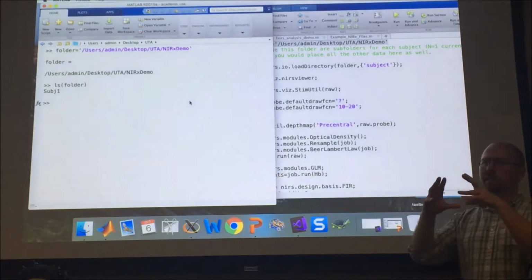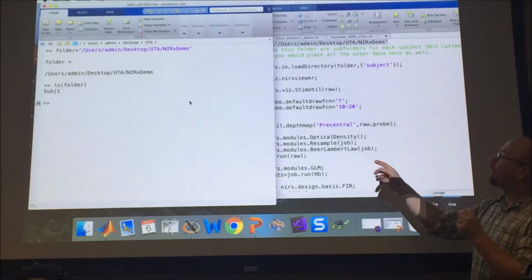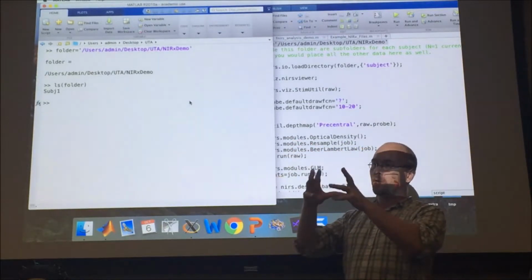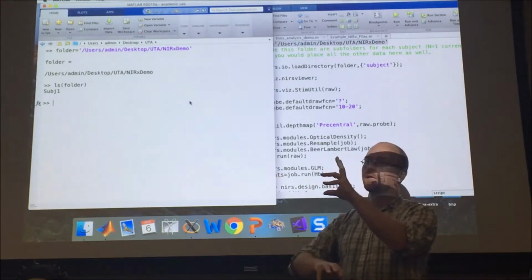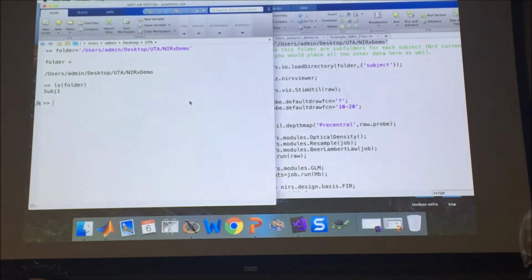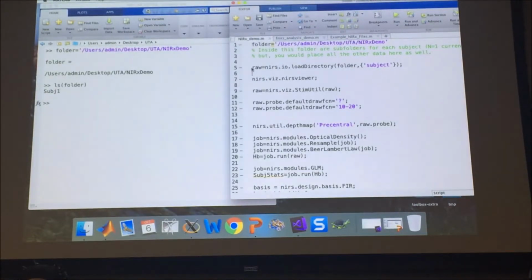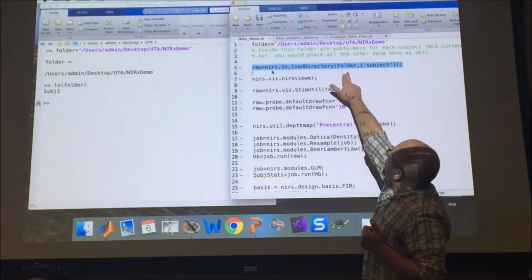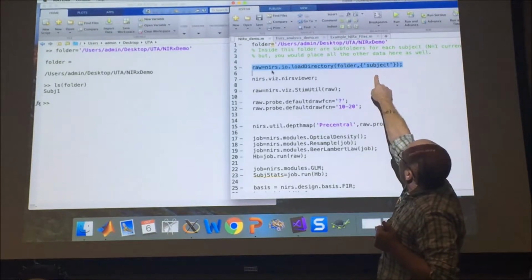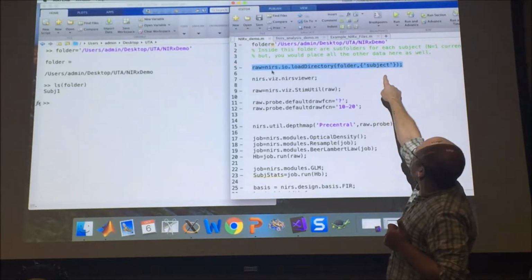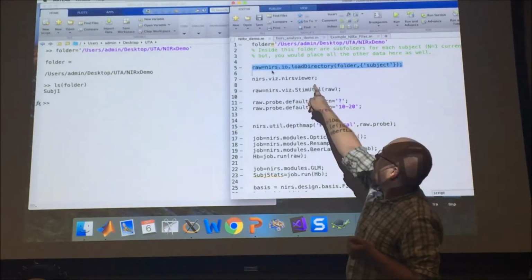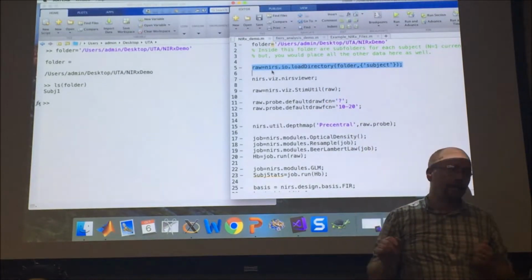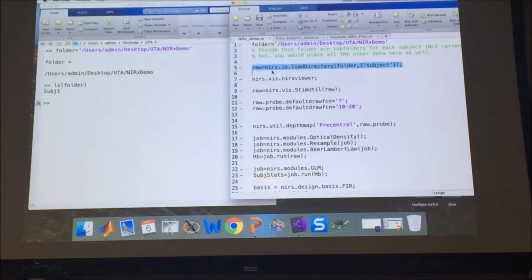The NIRx data has one folder for every scan. So if you go into that subject one, you'll actually see a folder called scan 1 or whatever the NIRx names it. If you have more scans, you'd have scan 2, scan 3, and so on. So what I'm going to do is point my code at that folder with load directory. I'm going to give it that folder name, the UTA NIRx demo, and say you're going to encounter a subfolder that denotes the subject, and we're going to load that up so the subject name is stored with the file. If I execute that command, it's going to load up the data, and with NIRx data,